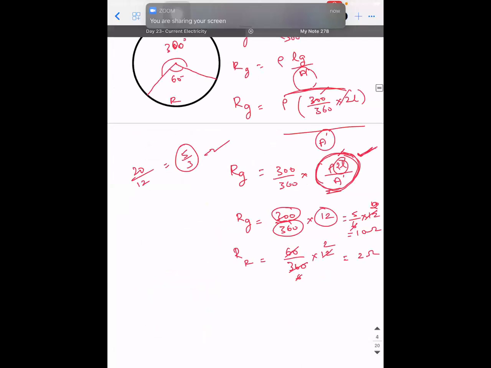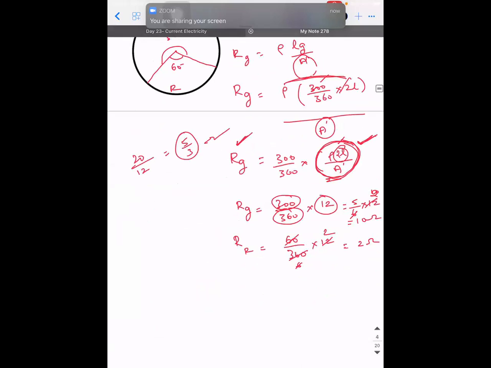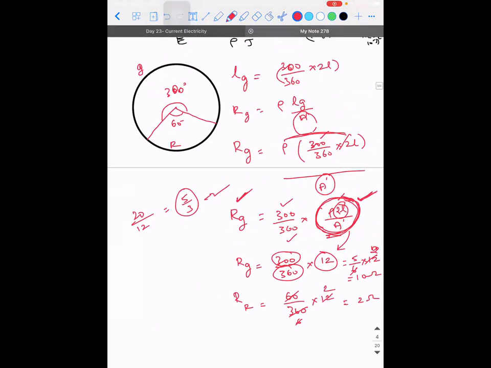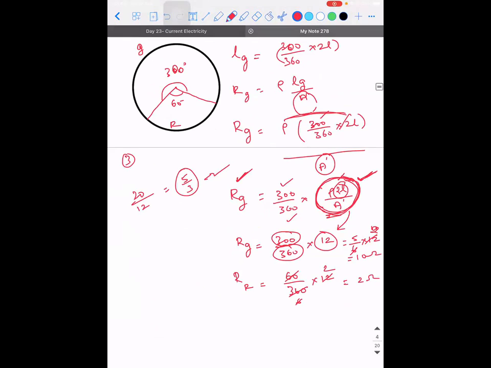What I'm asking is, we obtained the resistance of the green portion as 300 by 360 into rho into 12 divided by A dash. Is it not the new resistance? And the 12 ohms you obtained: initially its resistance was 3 ohm. After its length got doubled, it became 12 ohm, no? So 300 divided by 360 into 12 gives 10. Similarly, what will the resistance of the red portion be? 2 ohm. 10 ohm and 2 ohm are in parallel. So R1 R2 divided by R1 plus R2, what is the answer? 5 by 3. Yes sir, got it sir.